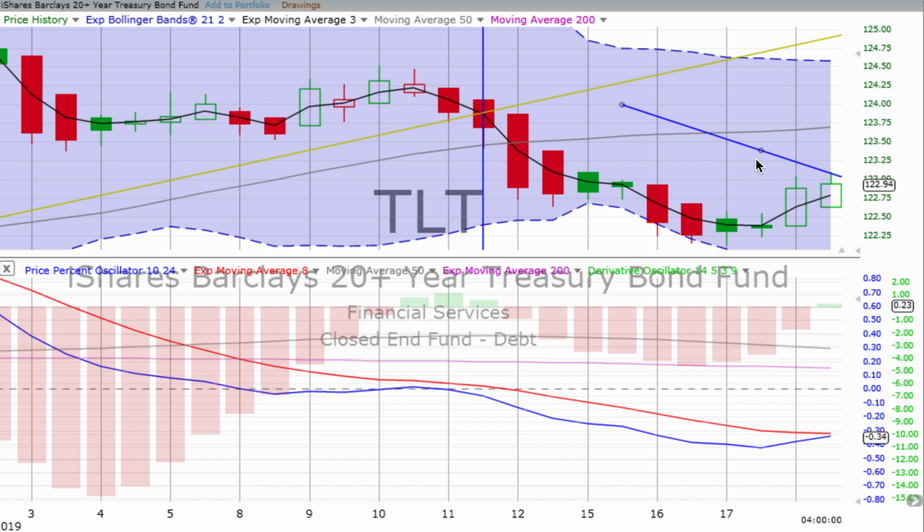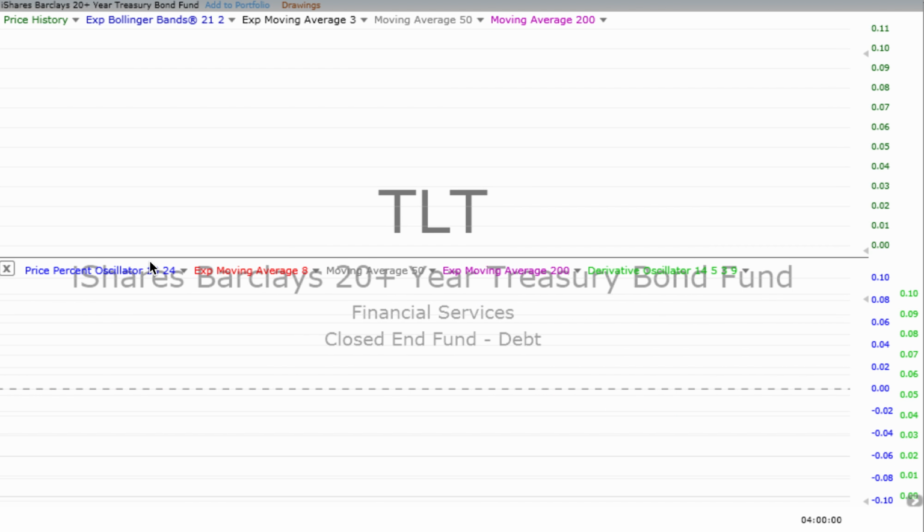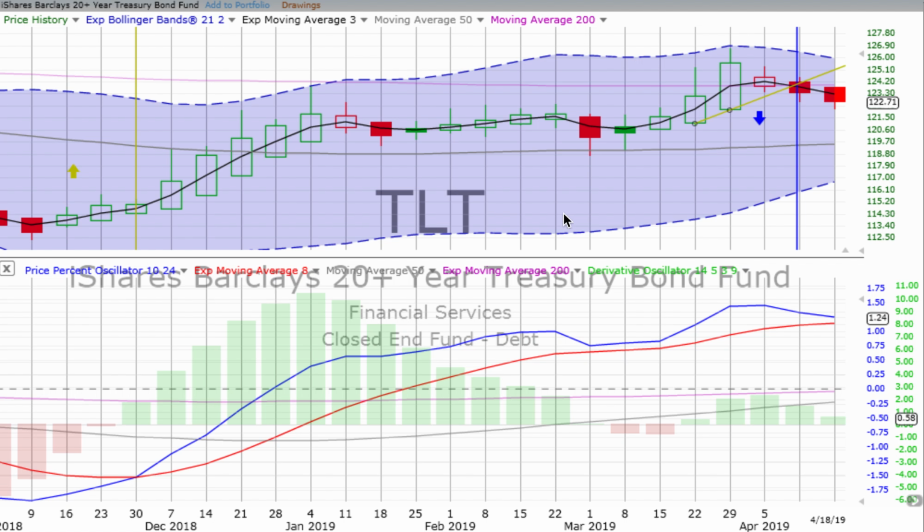Hasn't penetrated the 2-day trend line on the 4-hour chart, hasn't crossed over. Derivative oscillator did go positive, so just keep your eye on things since we have the 2-day in a confirmed down move, weekly in a confirmed up move. Of course, we don't have a trade on bonds. We're waiting to see how they sort out, and we'll continue to do that.